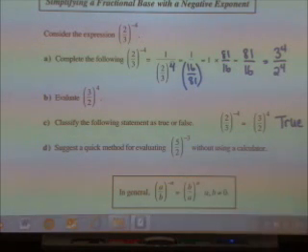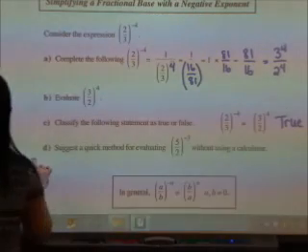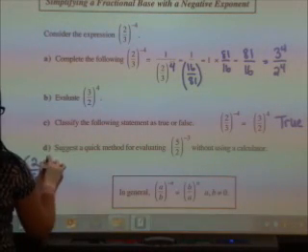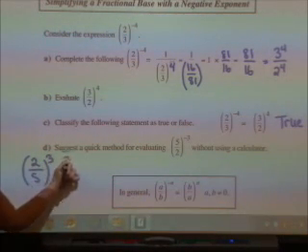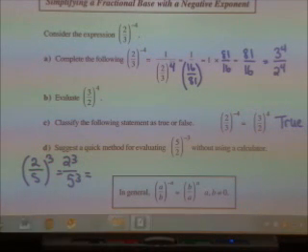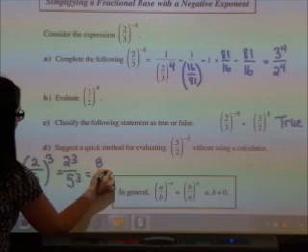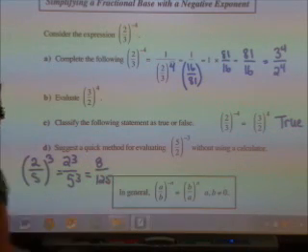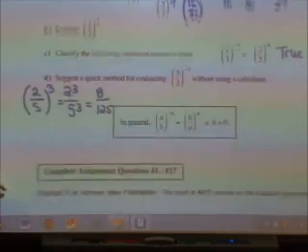So if I have 5/2 to the power of negative 3, how would I evaluate that without using a calculator? 2 over 5 to the power of 3, which then becomes 2 to the power of 3 over 5 to the power of 3. 2 to the power of 3 is 8, and 5 to the power of 3 is 125, which brings us to